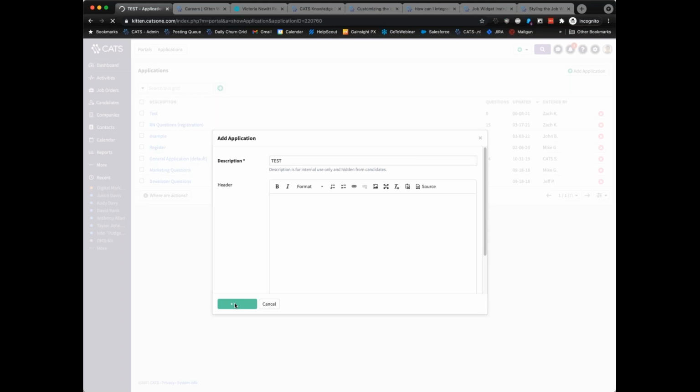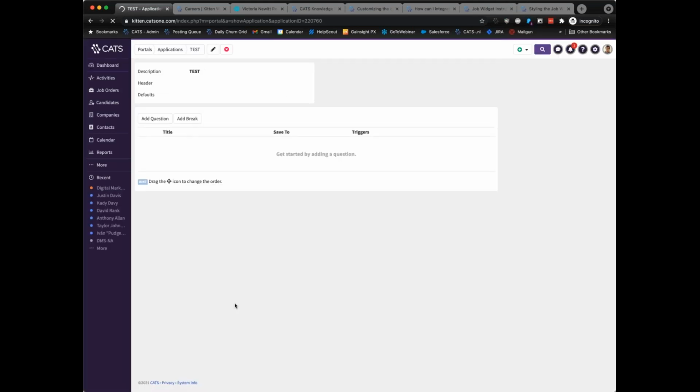I'm going to hit save down here at the bottom. It's one of the things that trips people up a little bit. You have to create the application, pardon me, before you can start adding questions to the application. So now I've created it. I'm in here. It's a blank application. Now I can start manually adding questions. If I say add question,